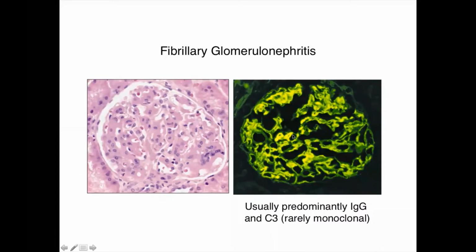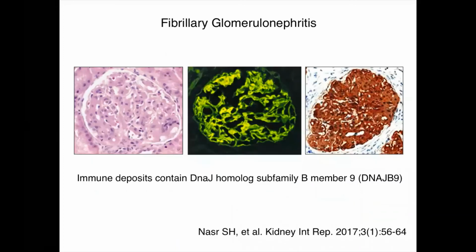So in fibrillary we have very thick staining in the mesangium, predominantly in the mesangium. It's very thick staining on immunofluorescence for IgG, and the same thing for kappa and lambda. It's not going to be light chain restricted. It's weakly positive, this is H&E. It's going to be weakly positive, unlike amyloid. Amyloid is negative on PAS. Fibrillary is weakly positive on PAS and negative on silver. And then, as we said, the fibrils are going to be larger on electron microscopy, and we can do